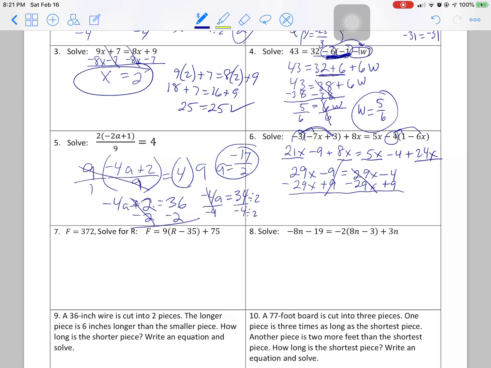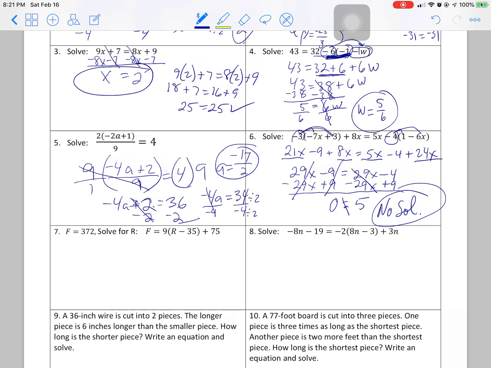Oops, this is going to be 29x minus 29x, and okay, so that goes away too. So I'm going to end up with 0. So this is one of those. And this is going to end up being a positive 5. So that doesn't equal that, so my final answer is no solution. There's nothing you can put in for x that will make that side equal the other side. Okay? All right, so this one,